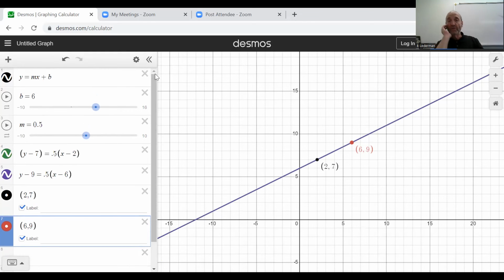Because don't forget, this problem started. I said, hey, we got 2 points. Let's put them into one. Let's get the equation of the line. So you see we got 3 different possible versions of the equation. They all wind up being the same line, and not only are they the same, they all go through the original 2 points that I started with. Originally I was given 2 comma 7 and 6 comma 9, and we have the equation. That is a win-win-win. That is beautiful. Okay, everybody, let's